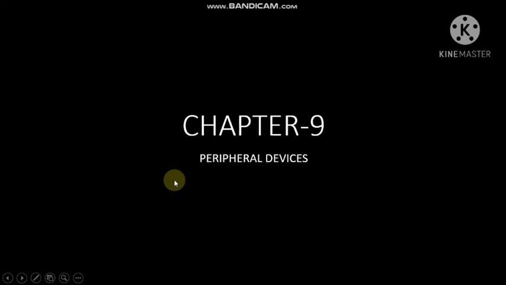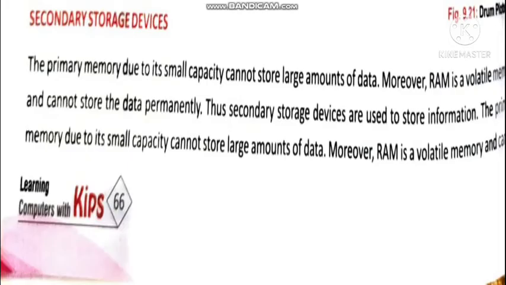Last class, I had already sent one part of this chapter. The video was sent to all of you, where it was told about what peripheral devices are, which was basically a combination of input plus output and secondary storage or any storage device. So now we have completed input and output devices. I hope it's now clear to all of you what input devices and output devices are. Now we are going to start with secondary storage devices. So let's start with that.